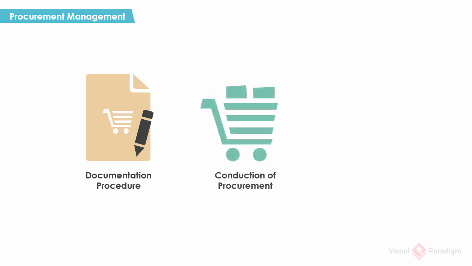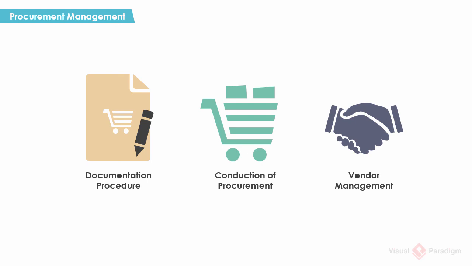Conduction of procurement. Describe the necessary steps and responsibilities for procurement during the course of the project. Vendor management. Describe the roles and actions the project team and purchasing and contracts department will take to ensure that